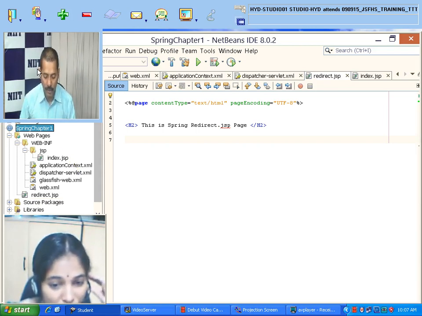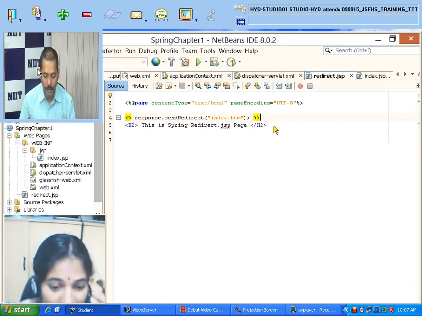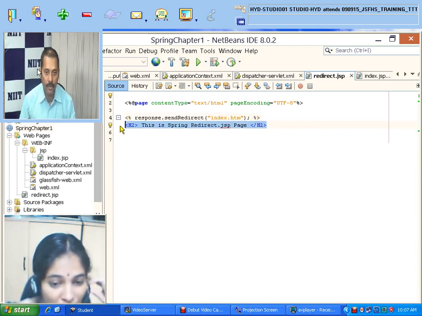It will just display the same page, this spring redirect.jsp page, because I have not written it here. In the other one I have written sendRedirect, that's why it is going to the other page, that is the index.jsp page. Am I clear till now?